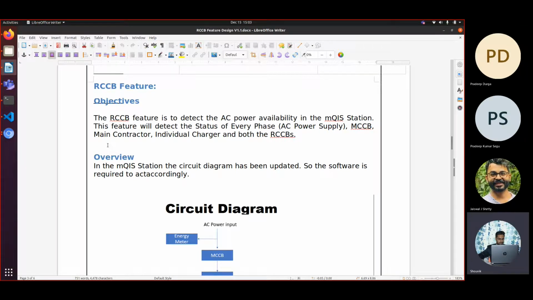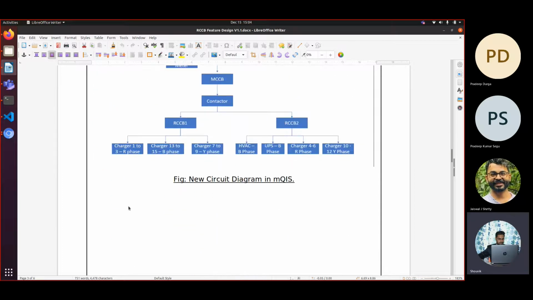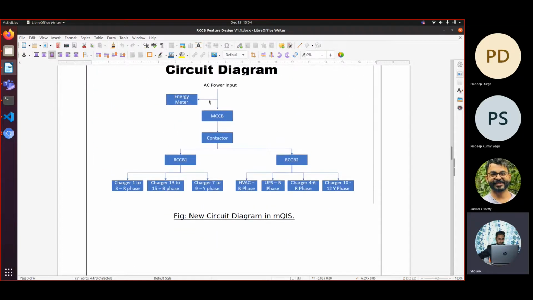There, false detection is possible in a few conditions. I will come to that later. I have already made one more video regarding the details of the requirement; you can refer to that. I think the link has been given in the invitation, but still I am giving one small update on that. So this is our circuit diagram.